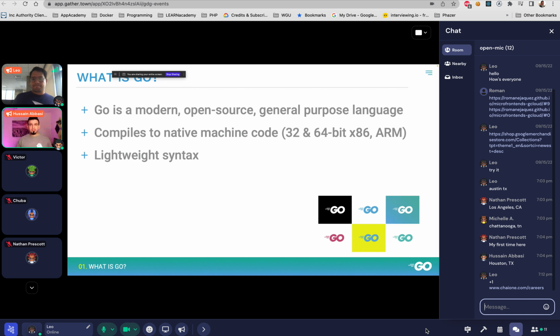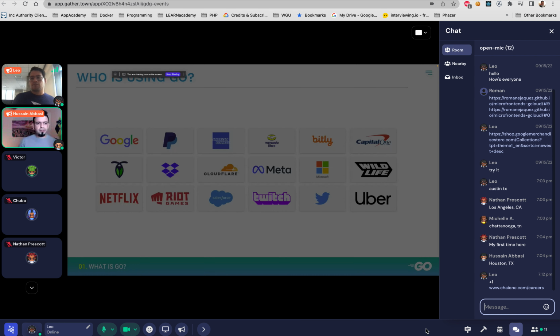It compiles into your native platform, so it's cross-compiled. Whether you are on Linux, Mac, or Windows, on x86 architecture or ARM, you will be able to cross compile your code into that, including WASM. I'll talk about that when I get to it.